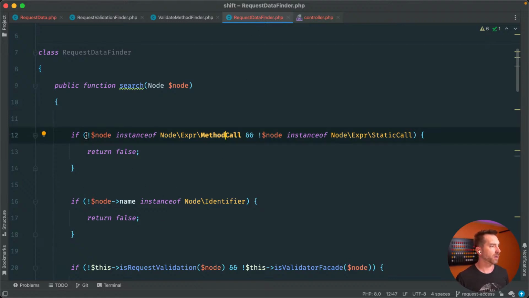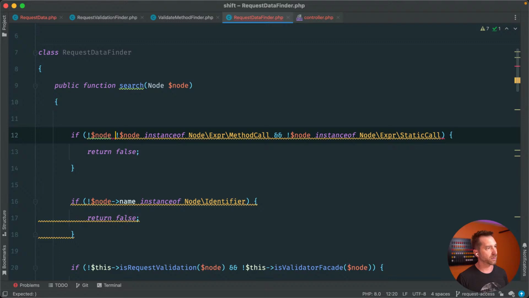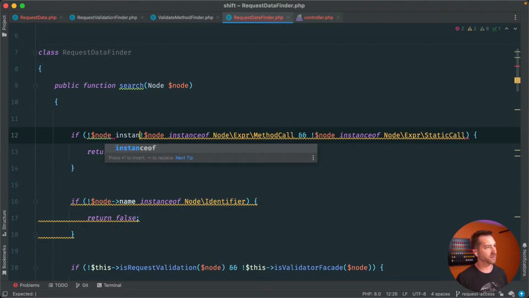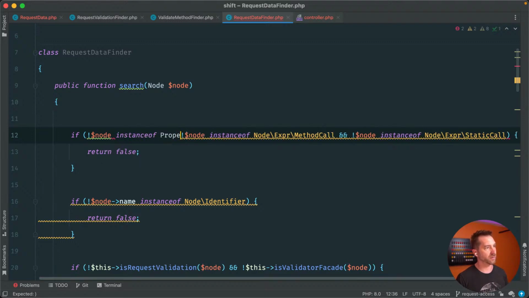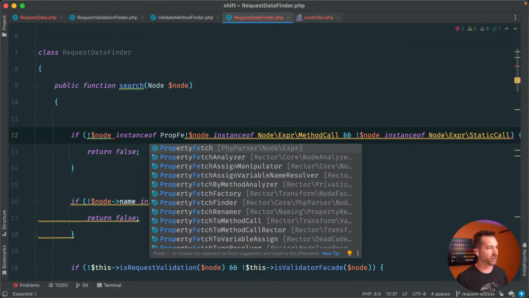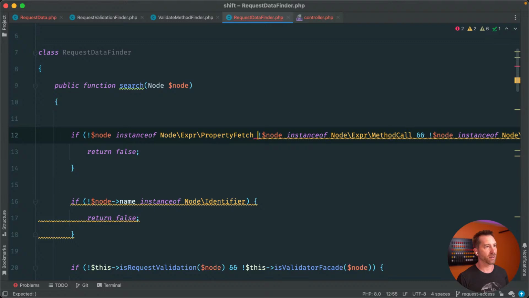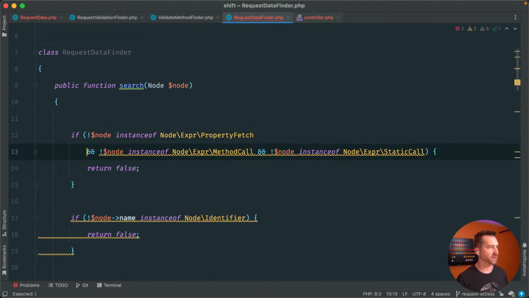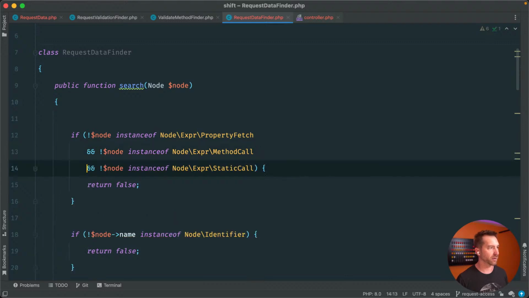So let's say if it's not node, not instance of property, I think it's property fetch, there we go. And let's break these down. That's starting to get a little rowdy. Okay, so if it's not a property fetch, if it's not a method call, and it's not a static call,